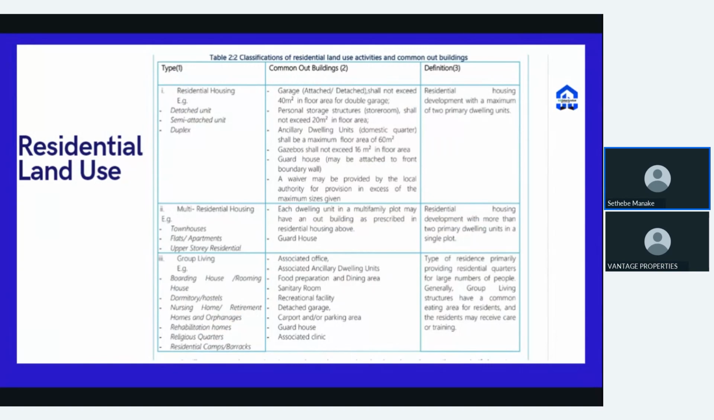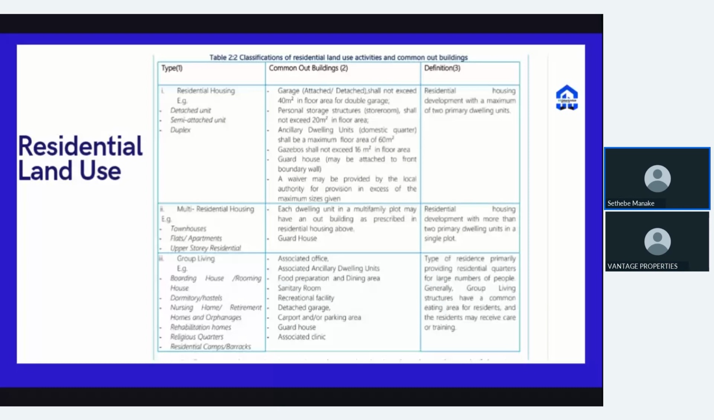So the residential land use: housing, multi-residential, group living, the boarding hostel, the nursing home, the rehabilitation home, the religious quarters, or the barracks. Those are all residential land uses. And then prohibited uses. With every land use,